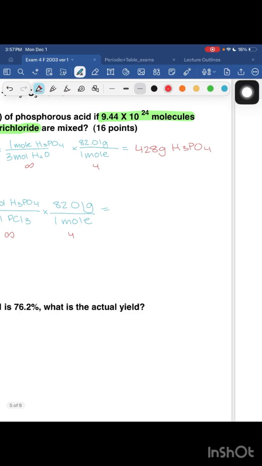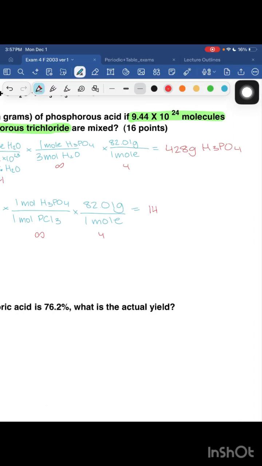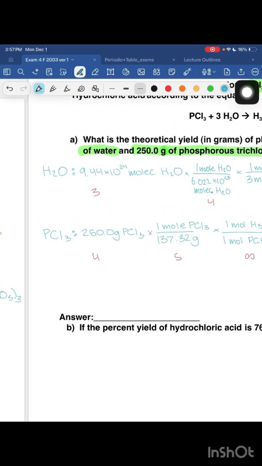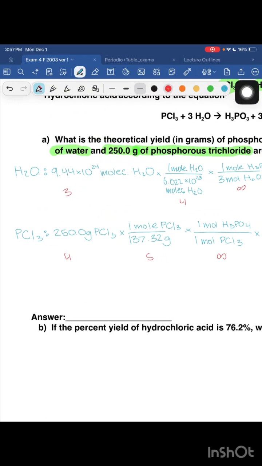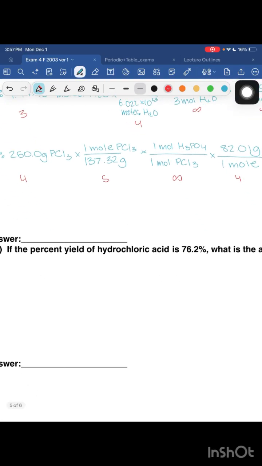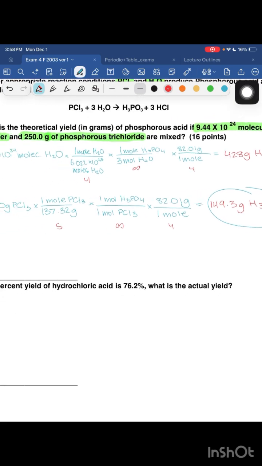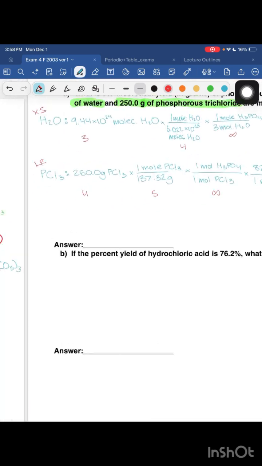Lowest amount is 4, so we're gonna have 4, getting us 149.3 grams of H3PO4. Smallest amount is this one, meaning this is our limiting reactant and we have water in excess, which makes sense. So the theoretical yield in grams is